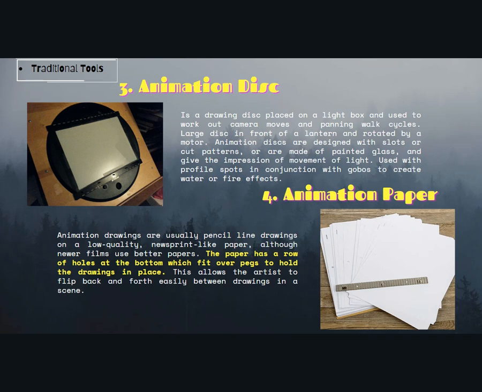Then the animation paper. Animation drawings are usually pencil line drawings on a low quality newsprint-like paper, although newer films use better paper. The paper has a row of holes at the bottom which fit over the peg bar to hold the drawing in place. This allows the artist to flip back and forth easily between drawings in a scene. So that is one of the examples of traditional tools, the animation paper. Then the next is the cell,